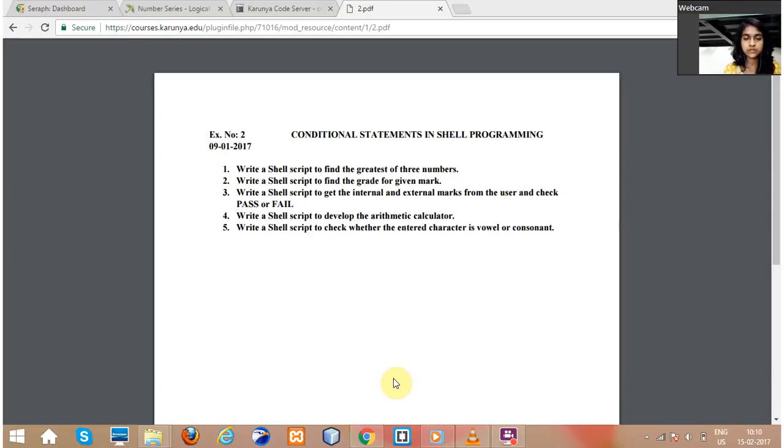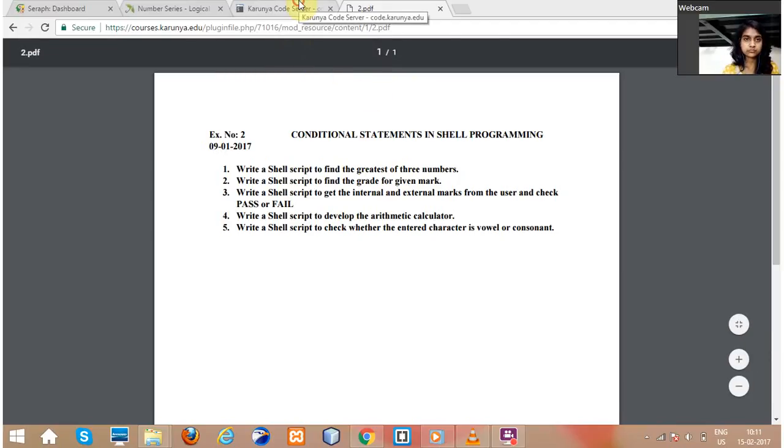You are on for CS028, and this is my Unix and Linux lab second experiment, and this is based on conditional statement and shell programming. So by using shell script, we're going to solve all the problems given in this second exercise. So this is my